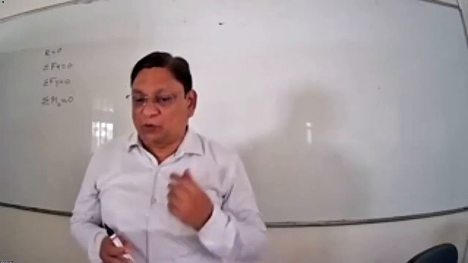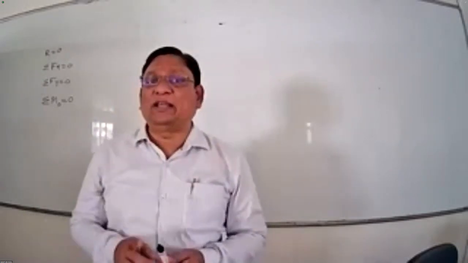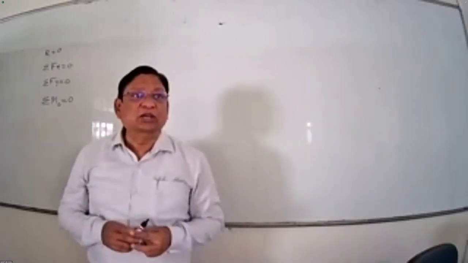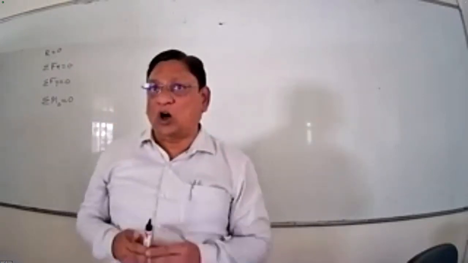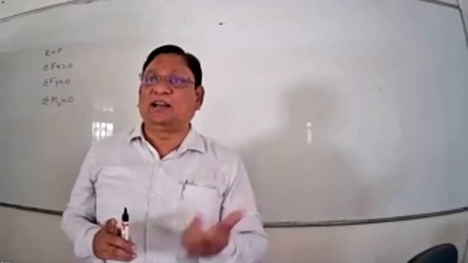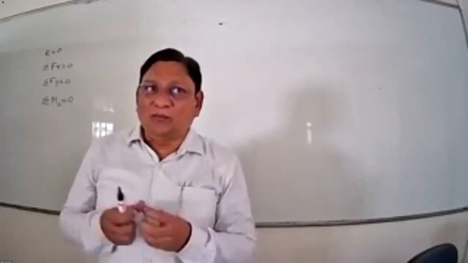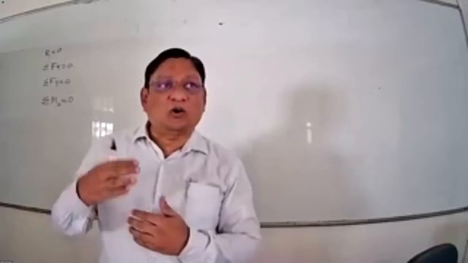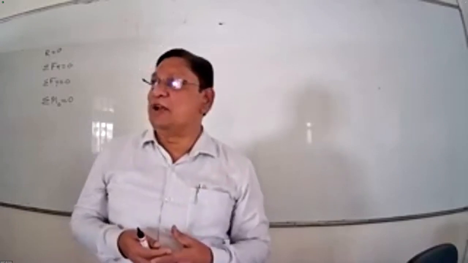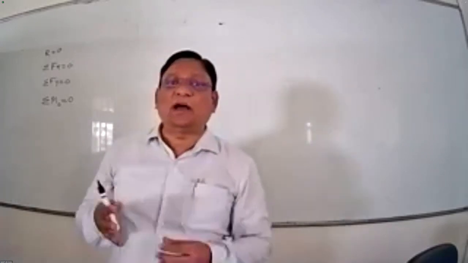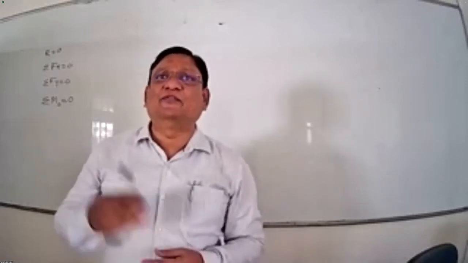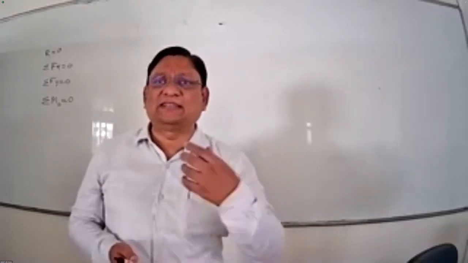Two or three points we have discussed in the last lecture. The first point: the self weight of the body always acts in the vertically downward direction through the center of gravity. Second point: whenever there is a support or contact with another body, there will be a reaction. So whenever we free the body, either from the support or from another body, we need to replace it by a reaction. Third point: when the bodies are connected by means of a cable, wire or rope, these are to be replaced by tension, which acts away from the body. A number of examples we also discussed in the last lecture.